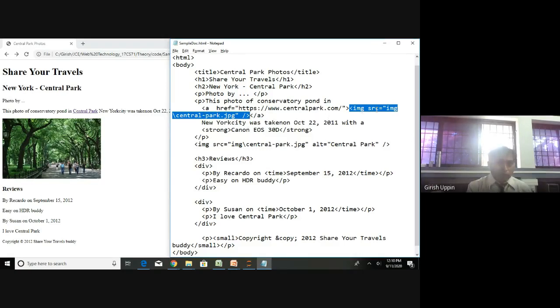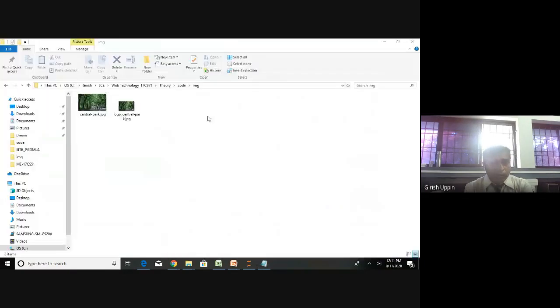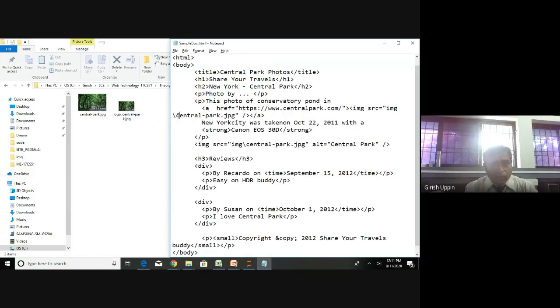So instead of Central Park, I have src is equal to img central park.jpg. Central Park is a big file, means a big picture. I don't want that. I have created one more smaller jpg, logo underscore Central Park. So I will just rename that logo underscore, and I will copy this.